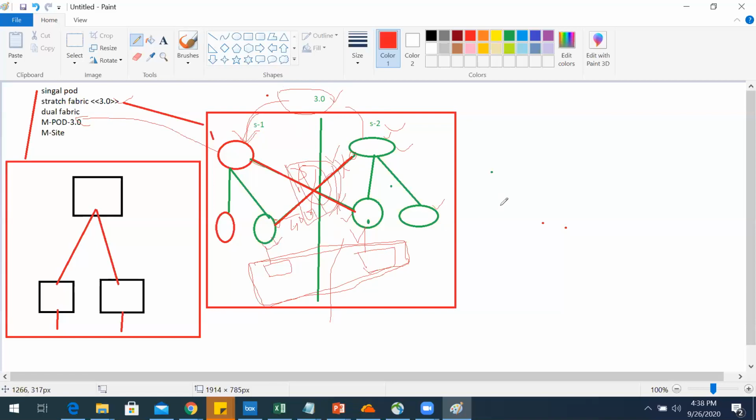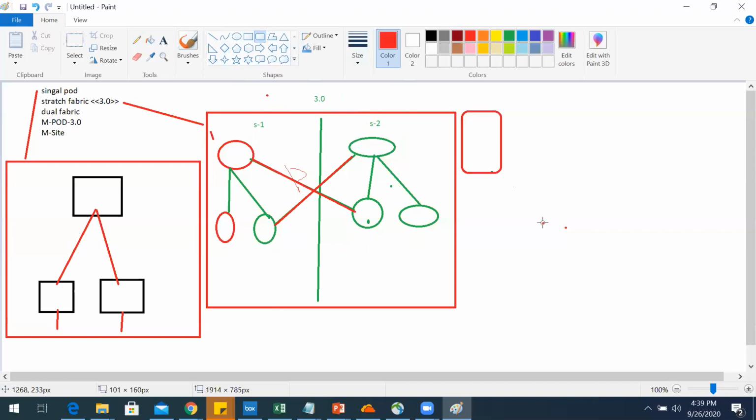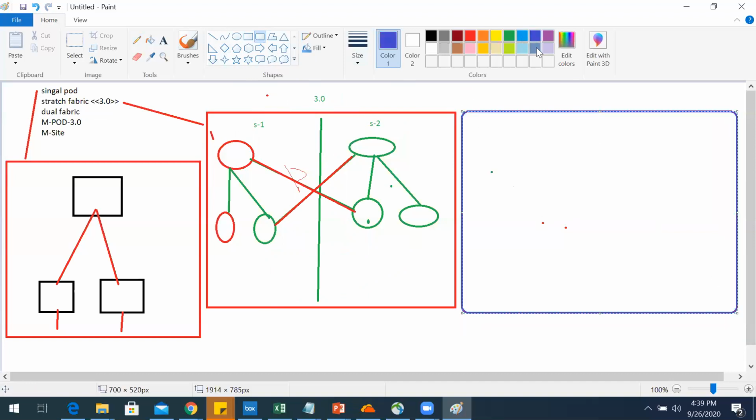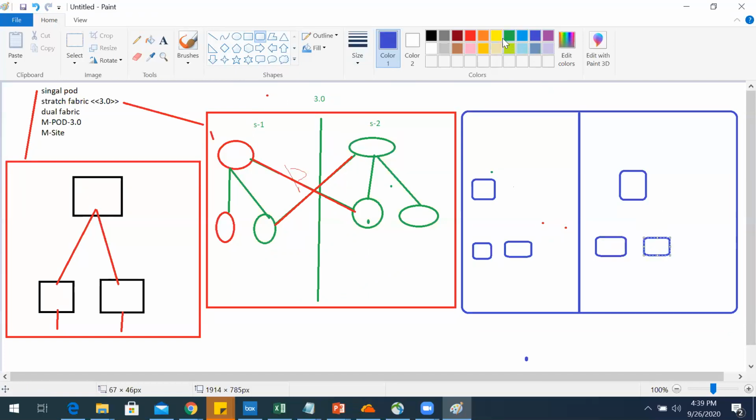Now Cisco came up with the multi-pod scenario. In multi-pod, from the 3.0 version, Cisco introduced multi-pod where you have the L2 L3 extension through the spine switches. So here Cisco came up with the spine multi-pod concept. Suppose you have two sites here, site one, site two,